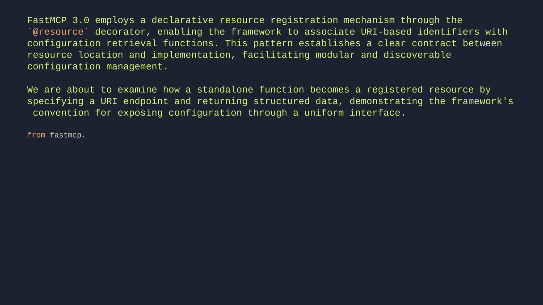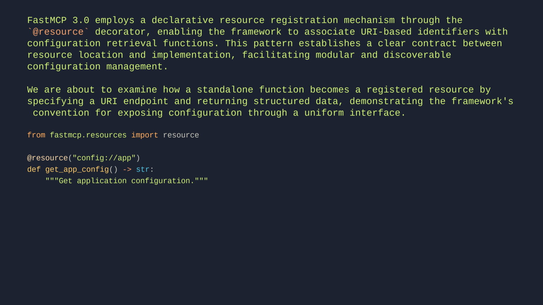From fastmcp.resources import resource. @resource("config://app") def get_app_config() -> str: """Get application configuration.""" return '{"version": 1}'